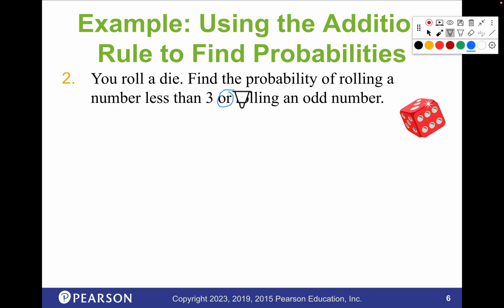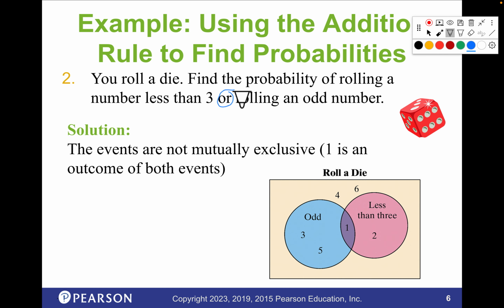What are the numbers less than 3? 1, 2, right? Are either of those numbers odd? Yes. 1 is both less than 3 and it's odd. So if we're not careful, we would count 1 twice, right? We would count, okay, how many numbers are less than 3? Well, 2 out of 6. How many,